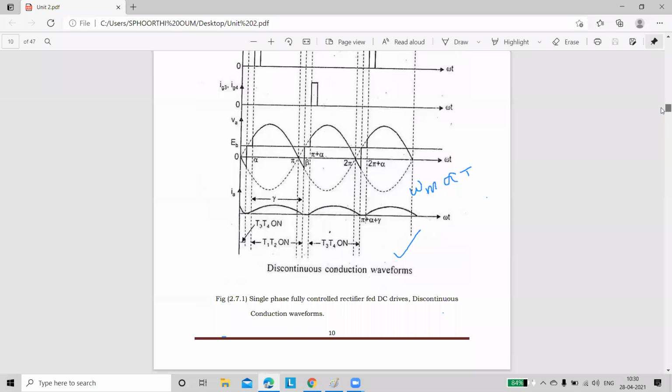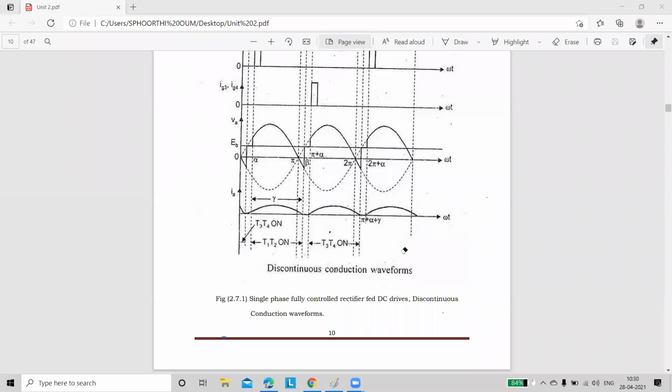First of all, tell me, is this discontinuous mode or not? All of you please see the waveforms carefully. The waveforms appearing on your screen, are they continuous or discontinuous? Discontinuous, ma'am. Is it only the output voltage? Check once: is it discontinuous or continuous? Discontinuous, ma'am. So exactly, discontinuous, no problem.